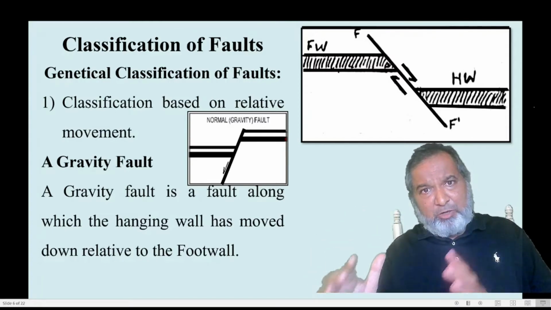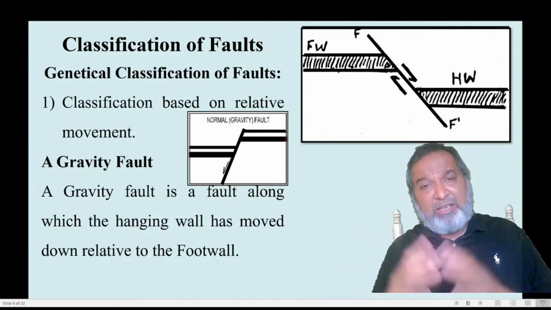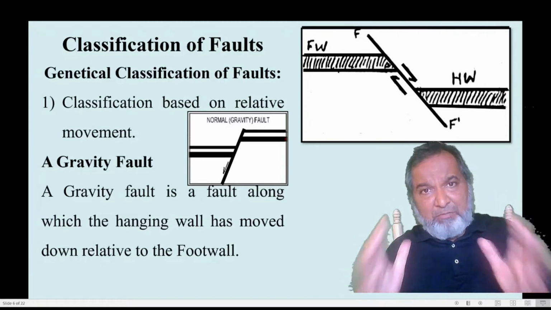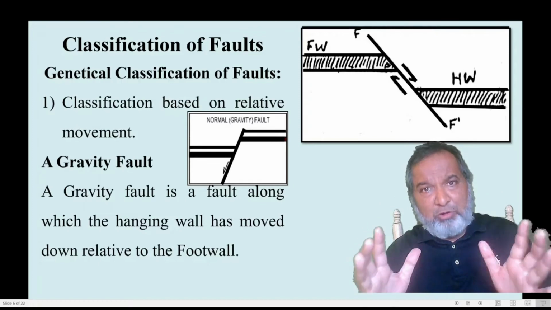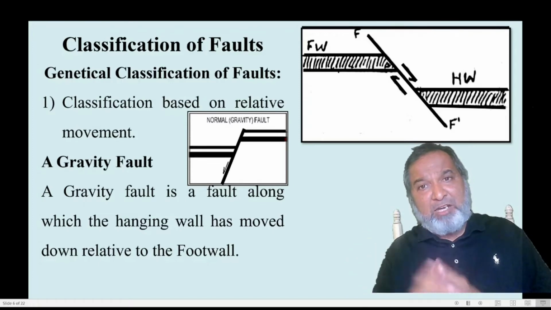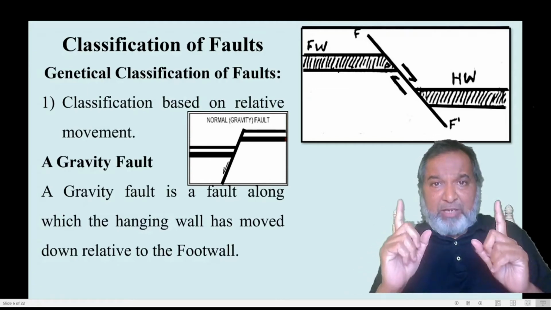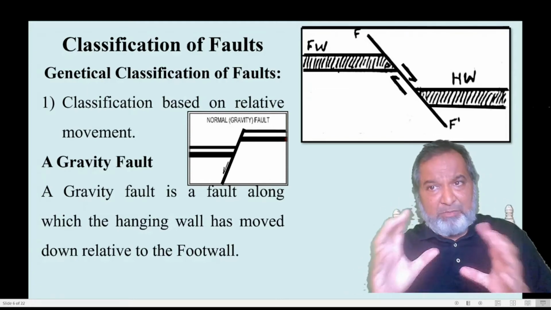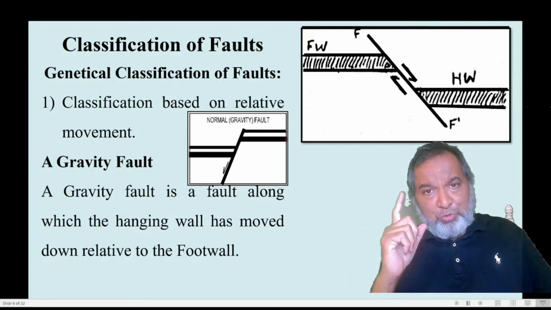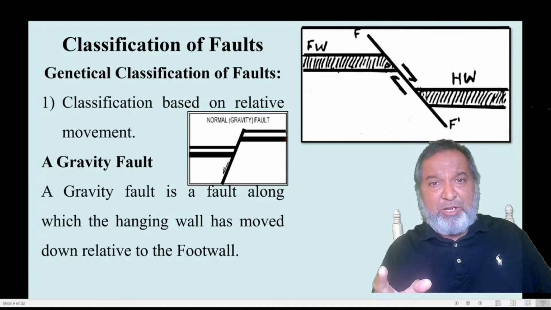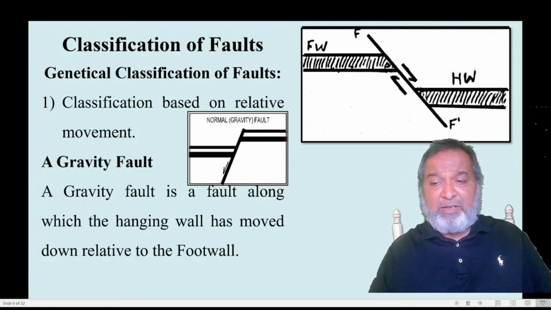If this particular topic has not come for 10 marks, then there will definitely be 5 marks. There will be 2 to 3 short notes, and 1 mark will be a definition. 100% is there. So here you have to draw the diagram, a systematic diagram. You have to show the relative movement over there. That is a very, very important one.